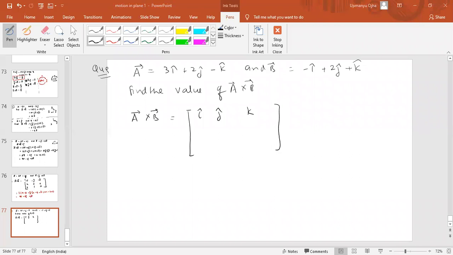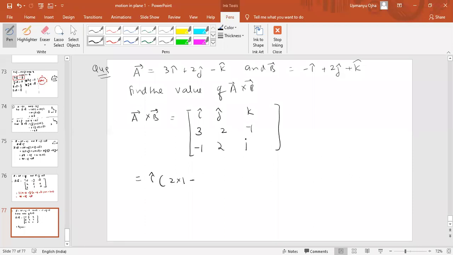Then we have to write the values. A value is how much? 3, 2, minus 1. B value is minus 1, 2, and 1. Now what we have to do? First write down i vector. If you take i vector, we have to ignore this column and this row. Then cross multiply. So 2 into 1 is 2,